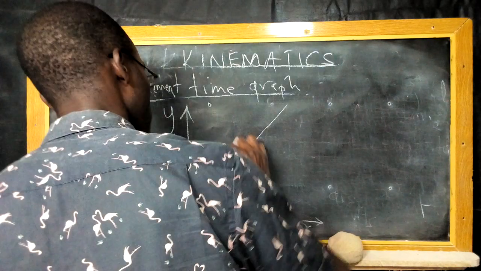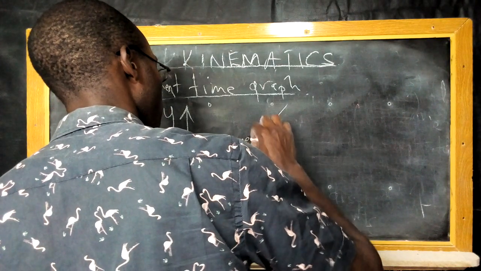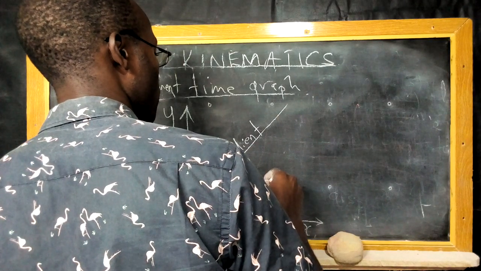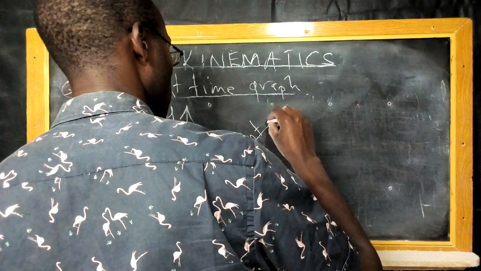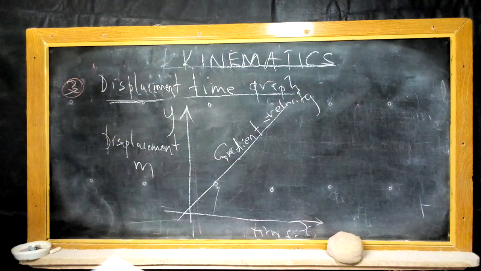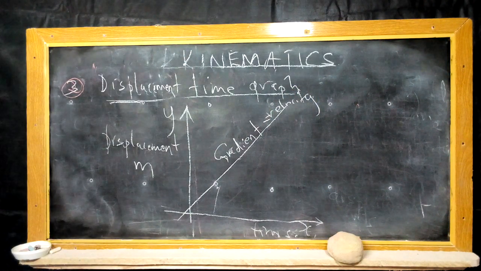The gradient, this is change in displacement over time. The gradient is going to give what we call velocity. So from this, we are going to look at other aspects of all the graphing in